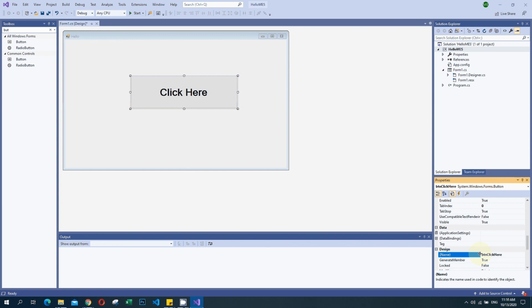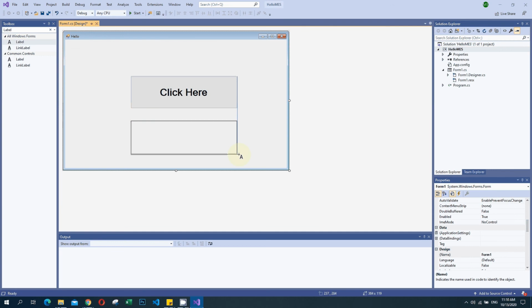So I am giving it button click here, and then I am going to add one label to that. I am going to search for which label. Here I have selected one label, clicked and dragged it here.